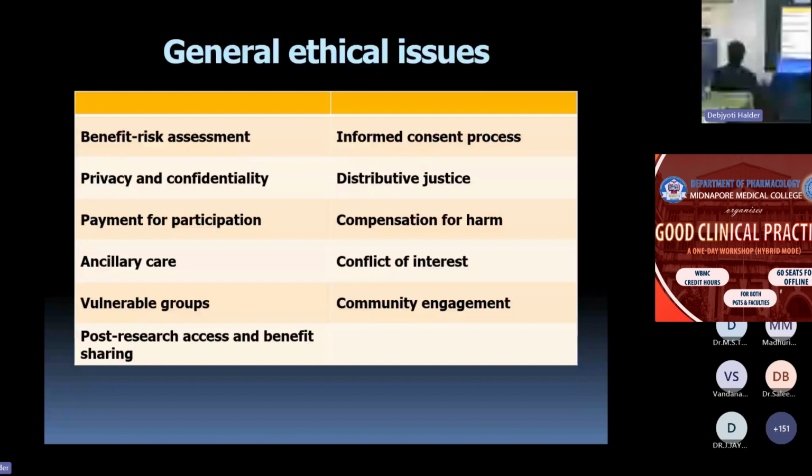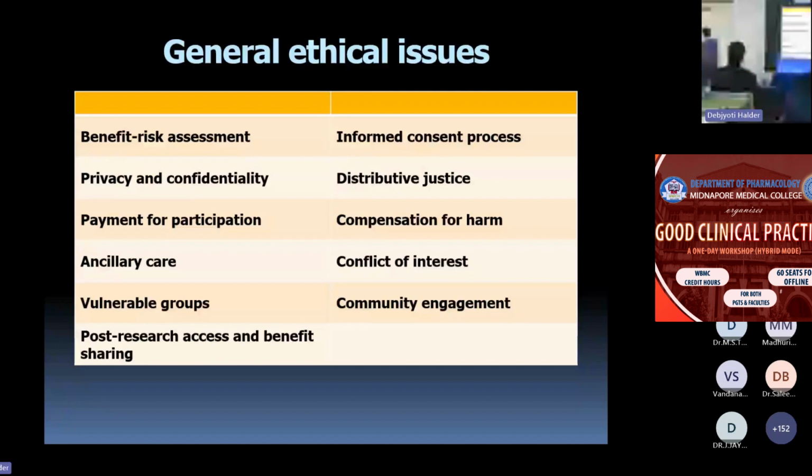So there could be legitimate expenses. TA and DA: a person who is a daily wage earner may be losing wages if they come to visit your hospital for the purpose of fulfilling your demands of research. So TA and DA are always acceptable. Over and above,